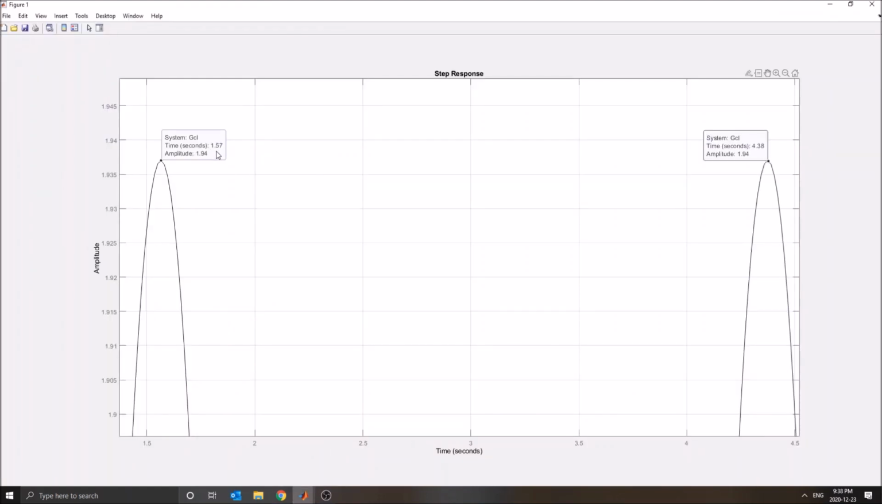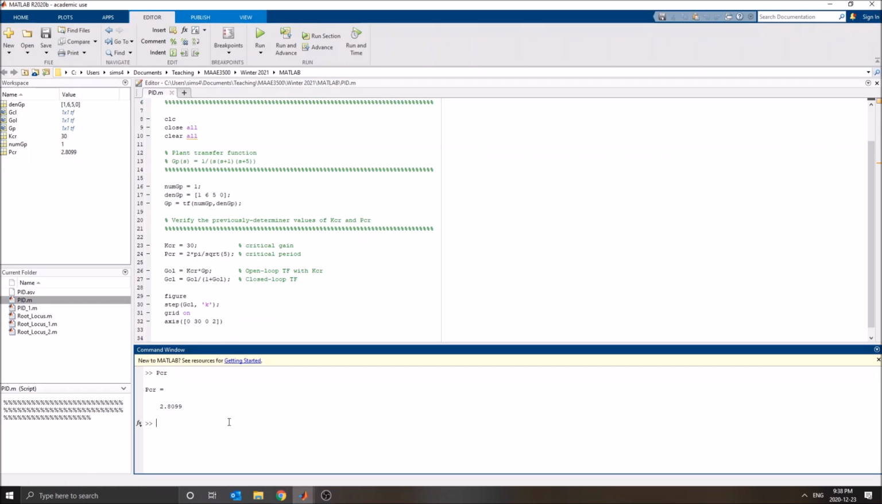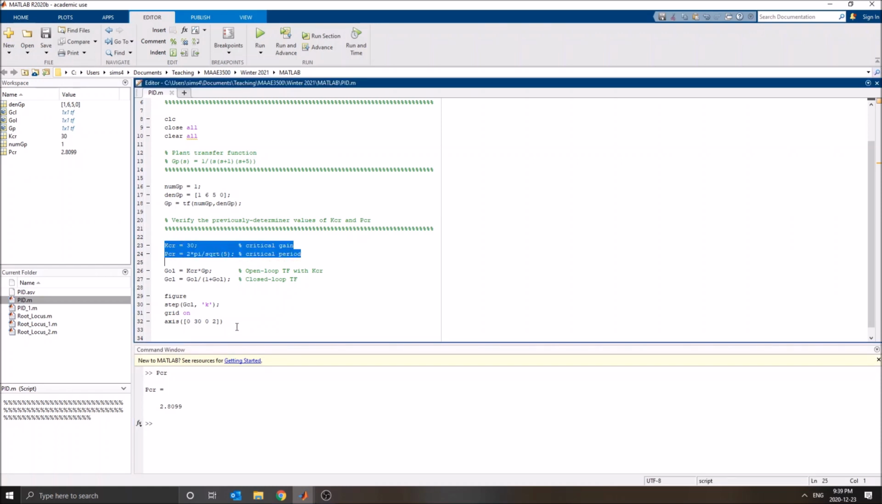Okay, 1.57 to 4.38 is, yeah, about 2.8-ish. So that makes sense. So it's just a good sanity check here to make sure that our analytical calculations did provide us with the right values for KCR and PCR. This is a good thing to do because the design of Ziegler-Nichols in terms of control parameters for the PID controller depends entirely on those 2 critical values here. All right, so now that we've cleared this up,